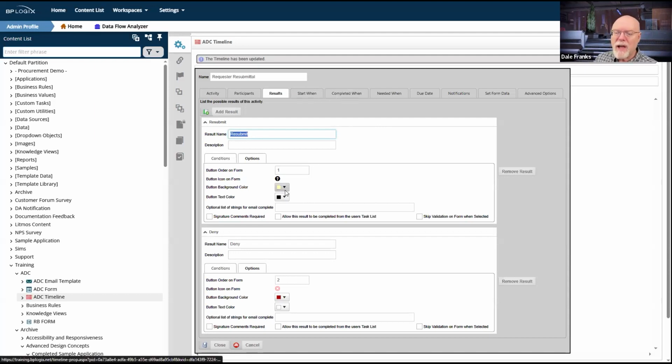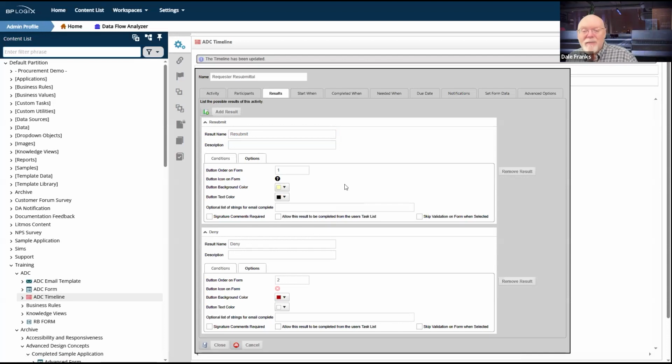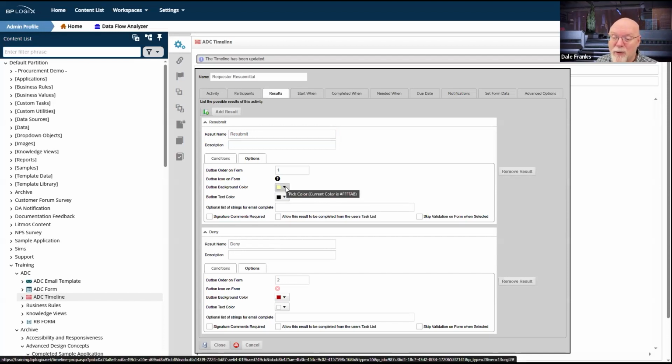Now, because this was a resubmit, which I'm going to remove from everybody else but do want to keep for the user, my default template picks a very light yellow color. You can see it right there, in this light yellow range with black text. I don't really want that because this is not a warning or anything like that. We want to make whatever changes and then resubmit and get back into the approval process. So this resubmittal is kind of an approval.